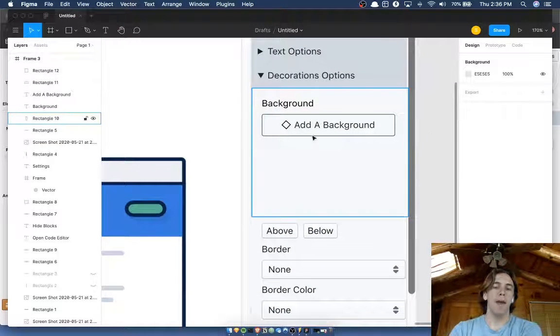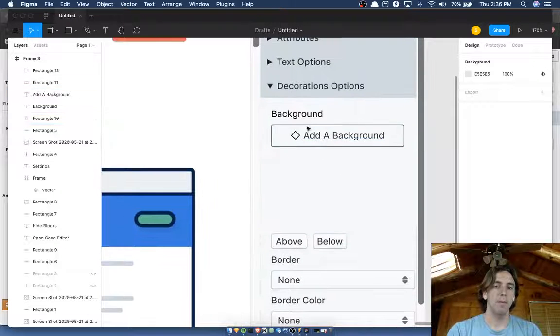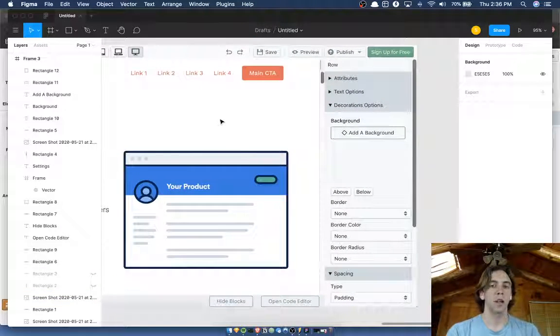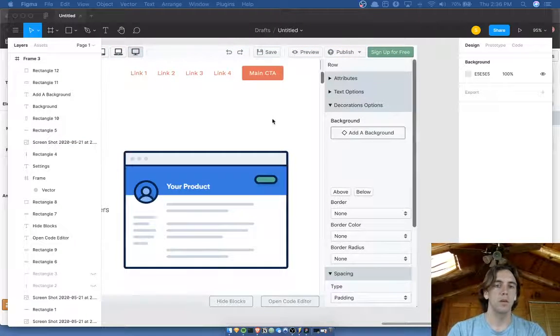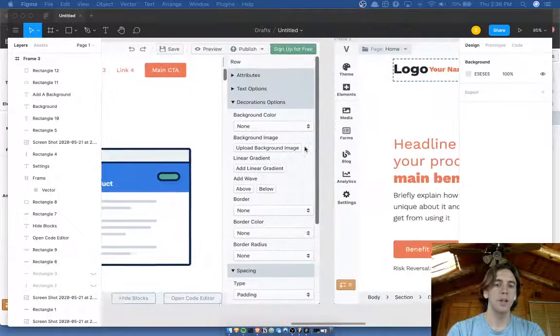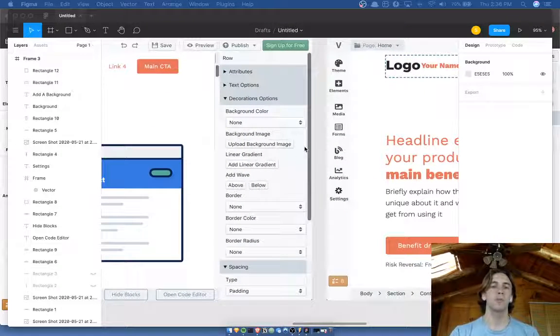But with add a background, then you could have a small list of backgrounds that people add. But I think that this popping up a modal that allows people to choose between a color, or what was it? Let's see, a color, a gradient, or an image would already, we've just removed 3 buttons and combined them together to be one. Additionally, we've taken the idea of adding a wave,